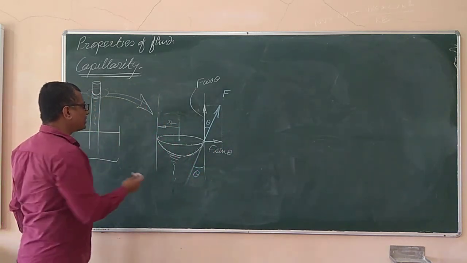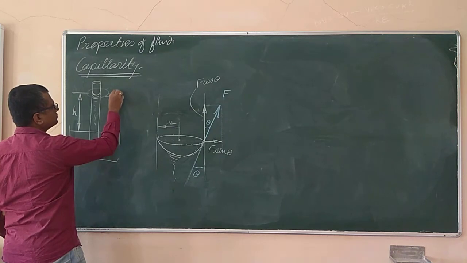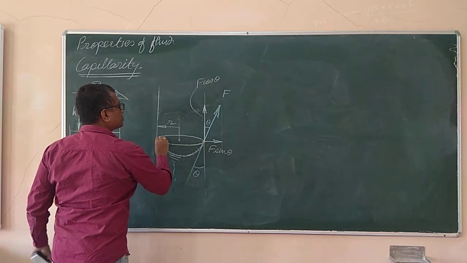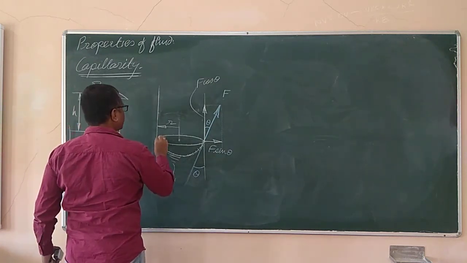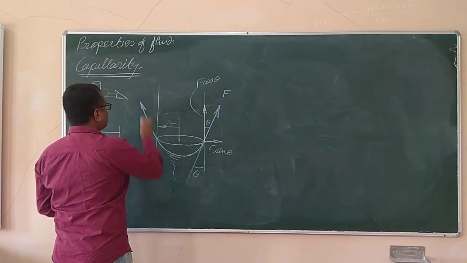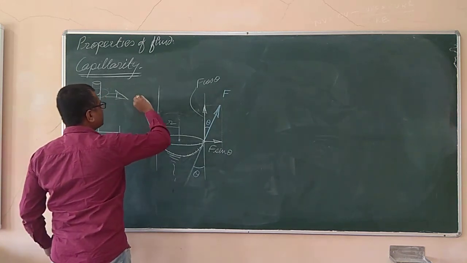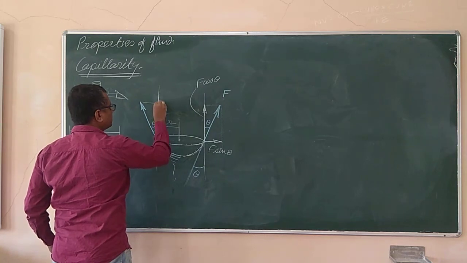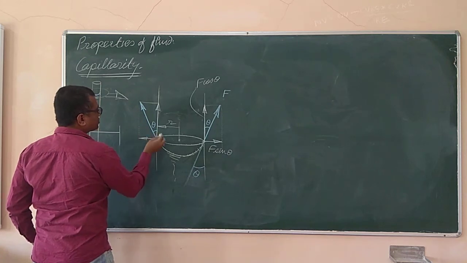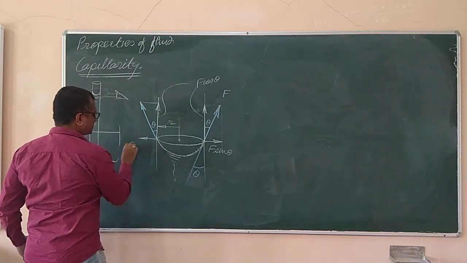Now, in a similar manner, over here also there will be forces acting. The force due to the surface tension will be acting over this side also. So, the force due to the surface tension at the point of contact, I would like to highlight it over here. This is the force. Obviously, this angle is angle theta, the angle of contact. And if I take down the component of this force in vertically upward direction, it's over here. In the horizontal direction, it's over here. So, this component is again F cos theta. It's the same, and this is F sin theta.